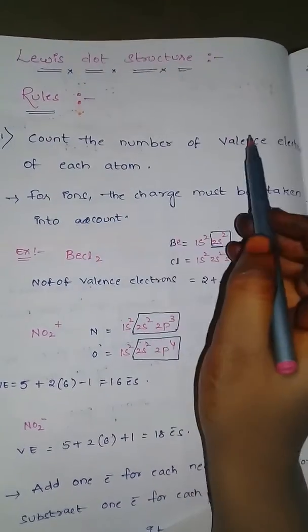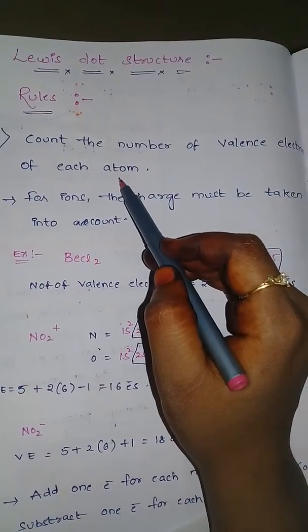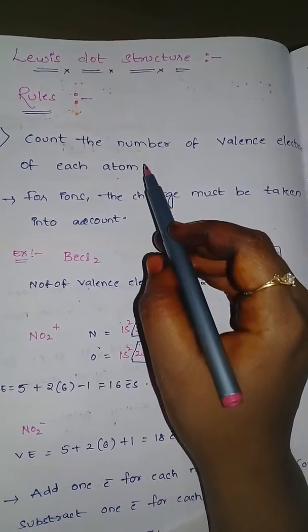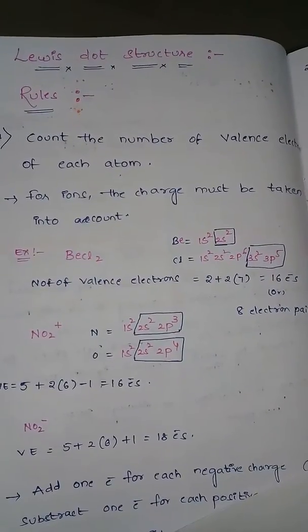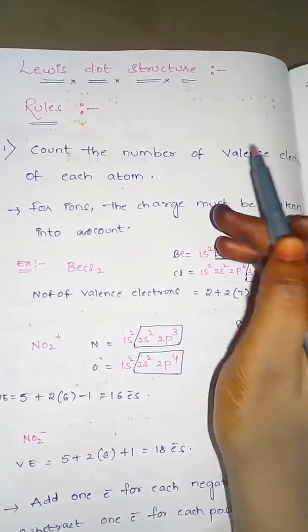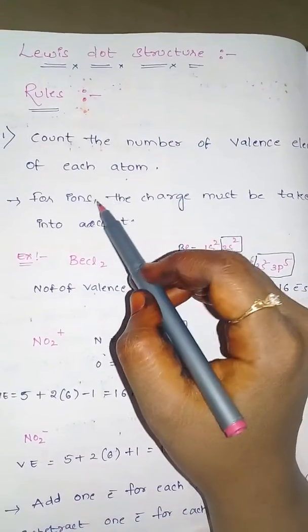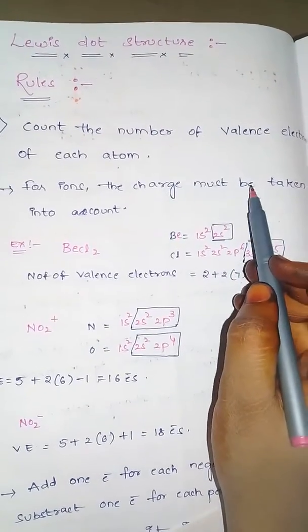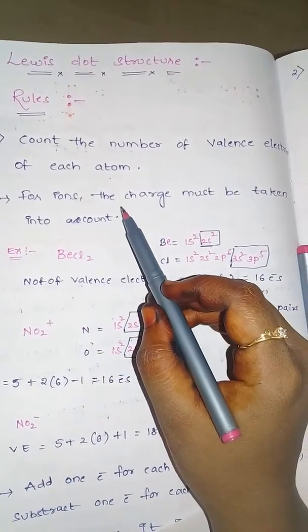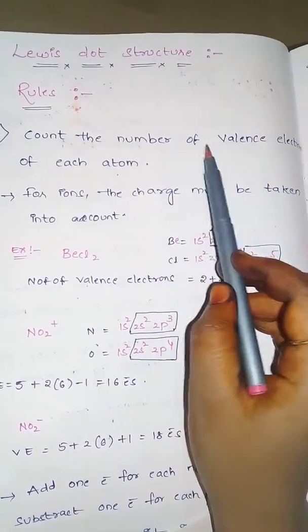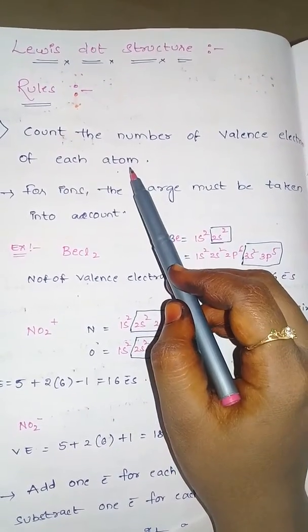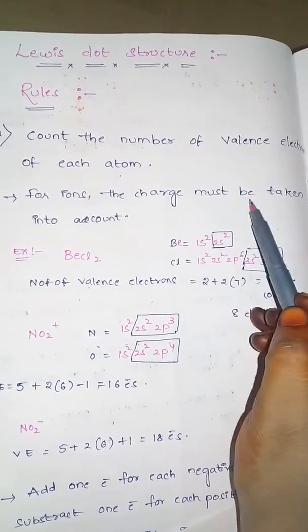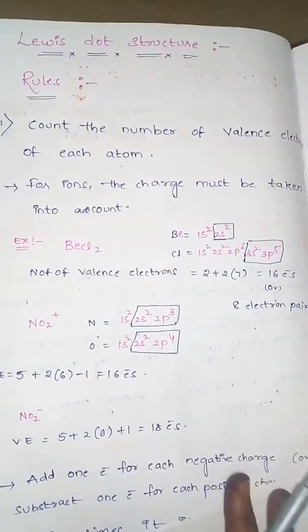The first rule is to count the number of valence electrons of each atom. And also for ions, the charge must be taken into account. For example,